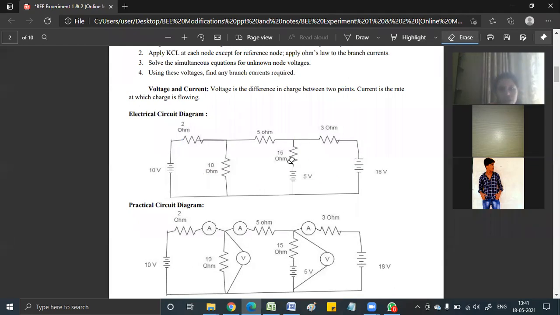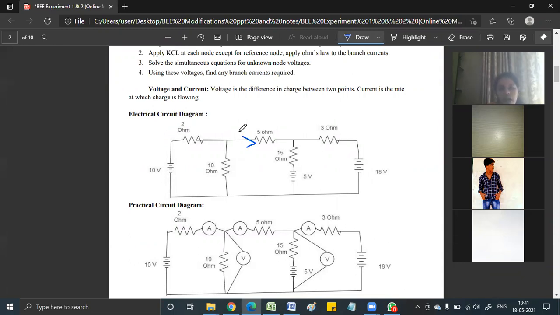Yes, ma'am. The electrical circuit you see is your main circuit, in which you are going to apply your superposition theorem. And please write down the statement for experiment number 2. For each and every student, the statement of experiment number 2 will differ because we are going to find out the current through the 5 ohm resistor. So I want to find the current in this particular branch.